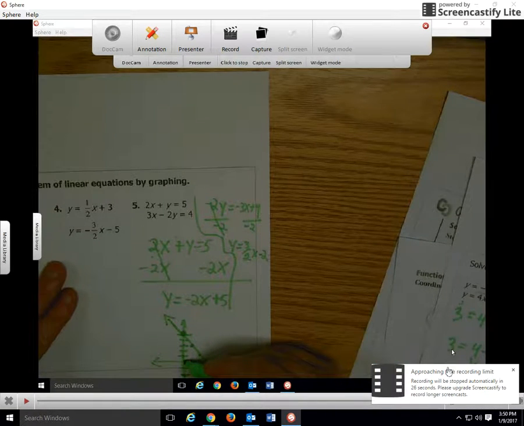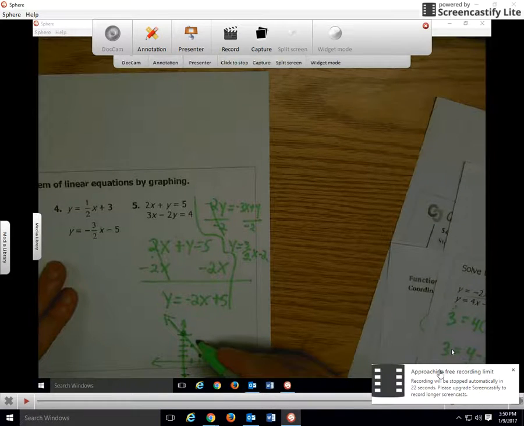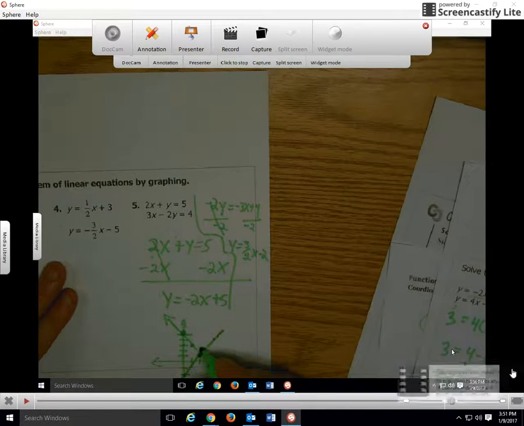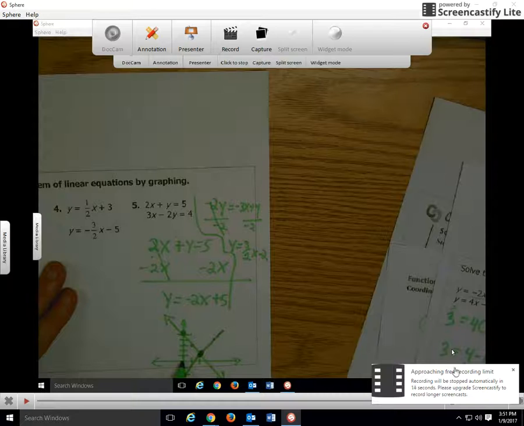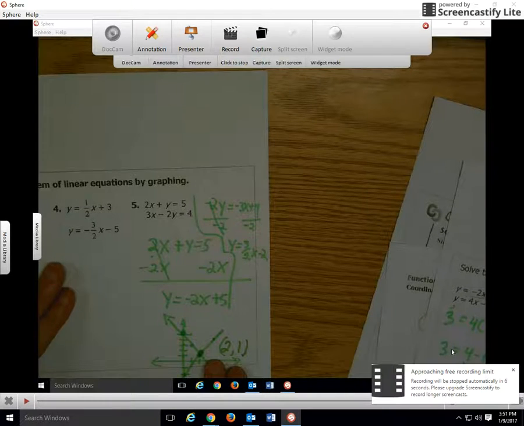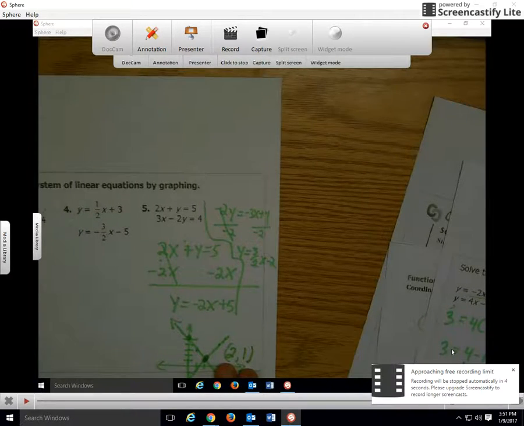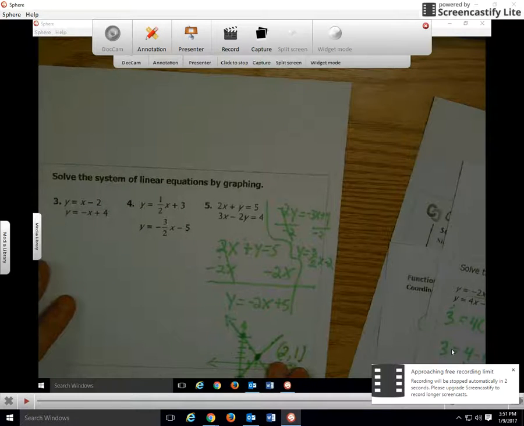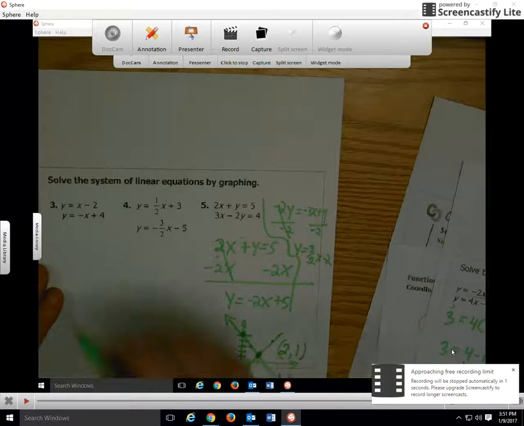Okay, so it looks to me like the intersection is x being 2, and y being 1. So in order to find out, we have to substitute this into the original equation and see if it works out. Let's see if that 2 and 1 work out or not as a solution. So remember, the y is the 1 here. So it would be 1 equals 2, take away